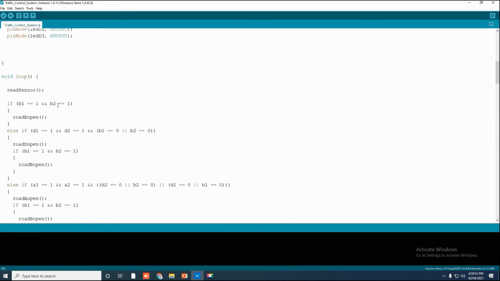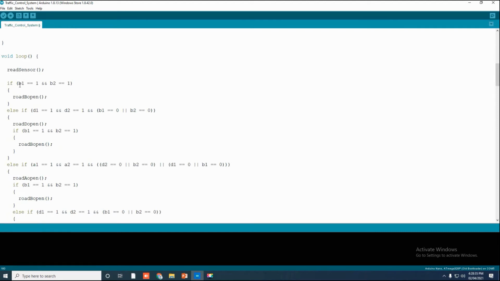So if the sensor reads the data, if sensors B and B2 send the data, road B will be open. If sensors D and D2 read the data, D will be open.